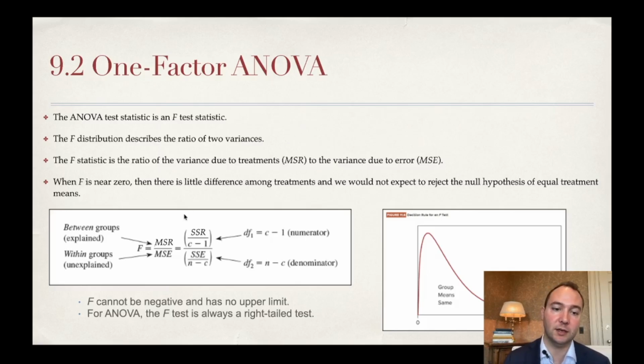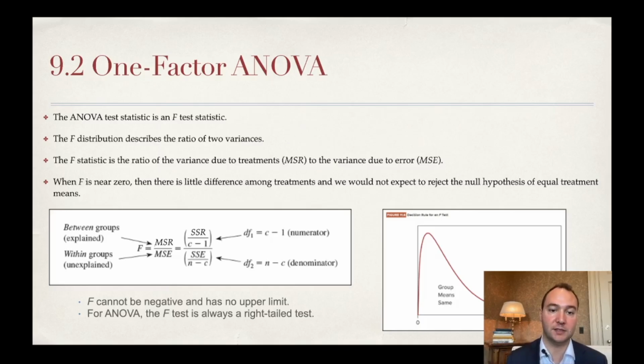If we look down here, what are the two variances that we're describing? On top, we're describing the difference between groups. If the difference between groups is really large, then all groups are probably not equal. So our F value would be a very large number. If our F value is large enough, then it would be in our rejection zone, and then we would reject